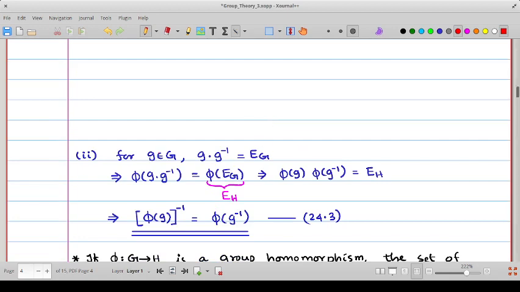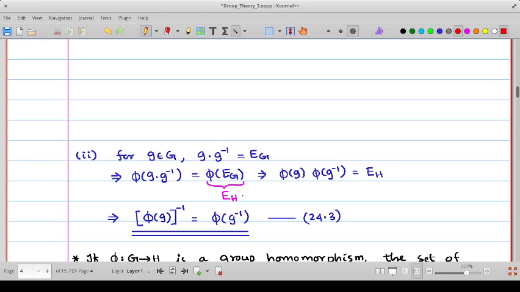Next, consider an element G of the group G. It will have an inverse in G, and therefore G times G inverse will be equal to EG. Now consider the mapping of G times G inverse under phi. So phi of G times G inverse is equal to phi of EG, because G times G inverse is EG. But phi of EG, as we have seen in property 1, is nothing but the identity in group H,